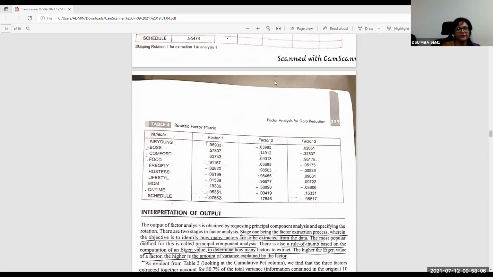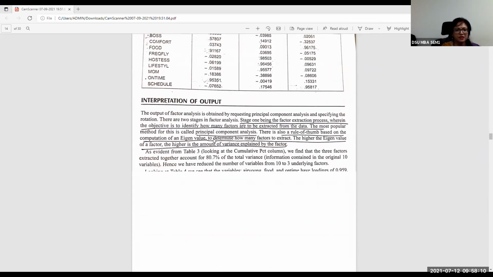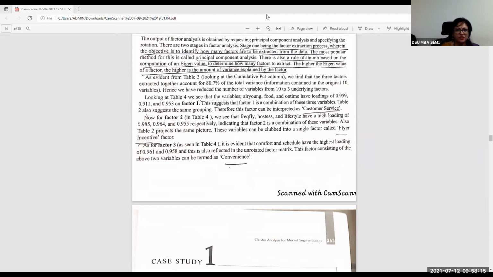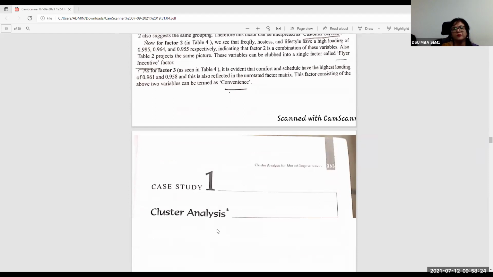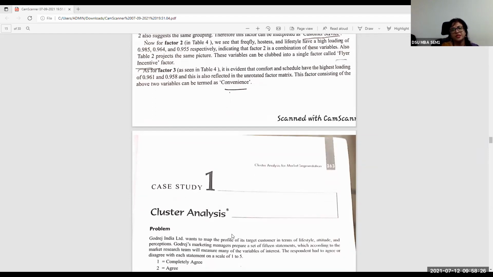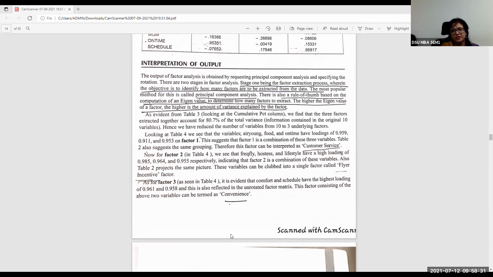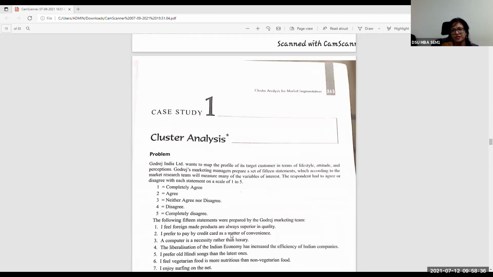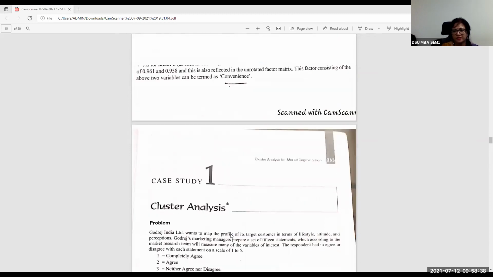Please go through this. Tomorrow we will cover cluster analysis, which is used for segmentation. So this is all about factor analysis. Please go through it very coolly. If there are any questions, tomorrow we will see the SPSS operation for cluster as well as factor analysis, because factor analysis and cluster analysis happen to be among the most popularly used statistical techniques by management researchers. Factor analysis reduces the data into manageable factors, and cluster analysis is more about segmentation. Similar sets of data are used, interval scale data.